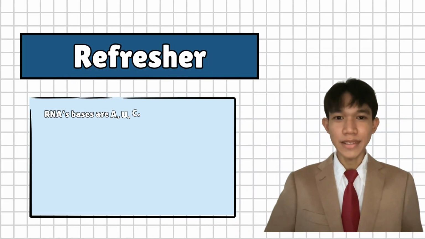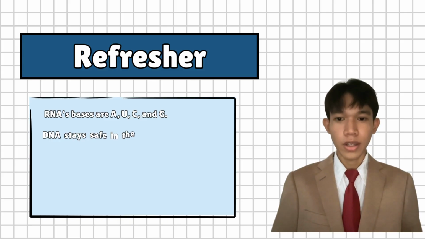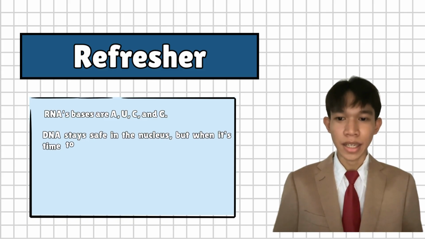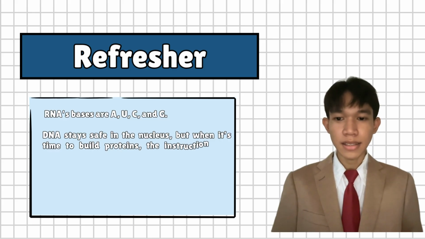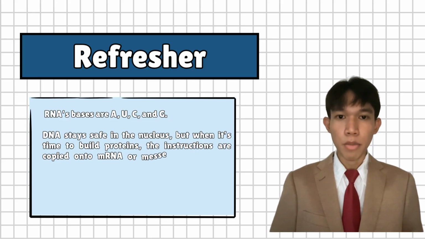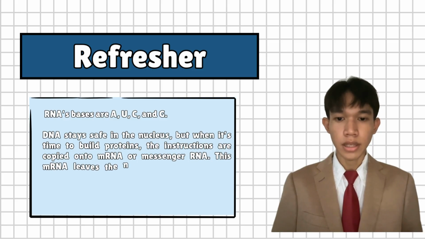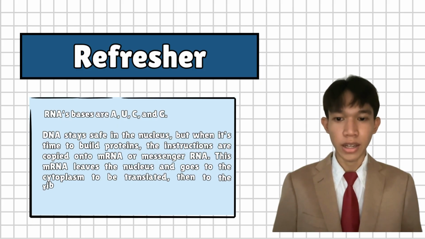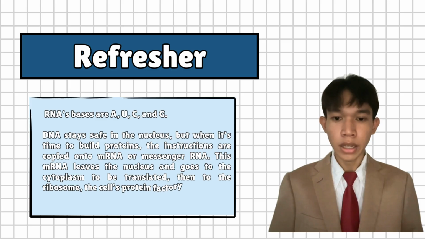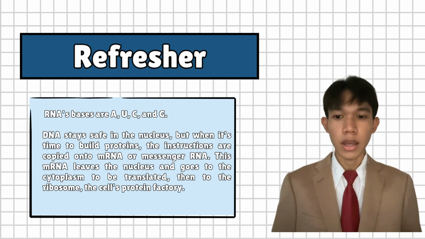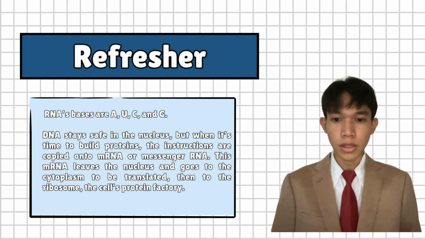So RNA bases are A, U, C, and G. DNA stays safe in the nucleus, but when it's time to build proteins, the instructions are copied into mRNA, or messenger RNA. This mRNA leaves the nucleus and goes to the cytoplasm to be translated, then to the ribosomes, the